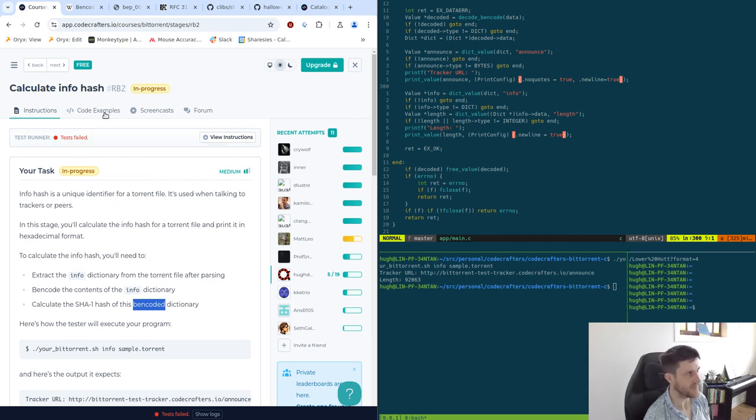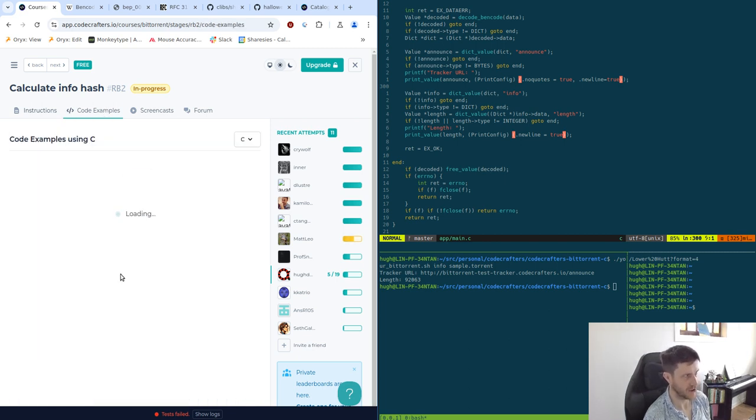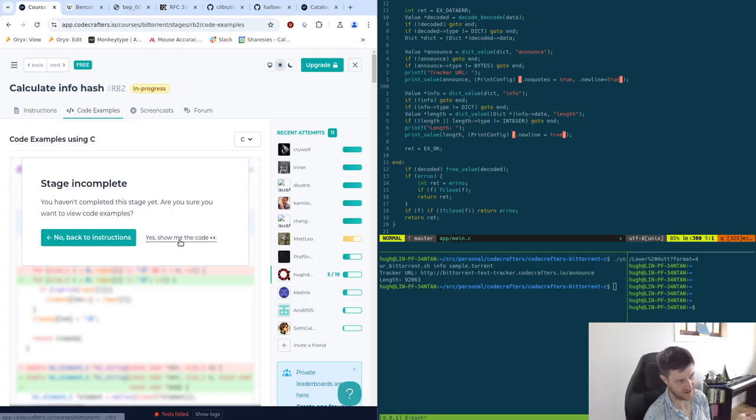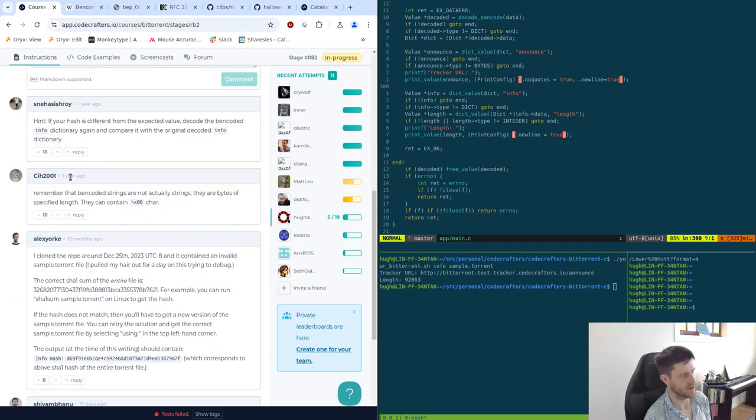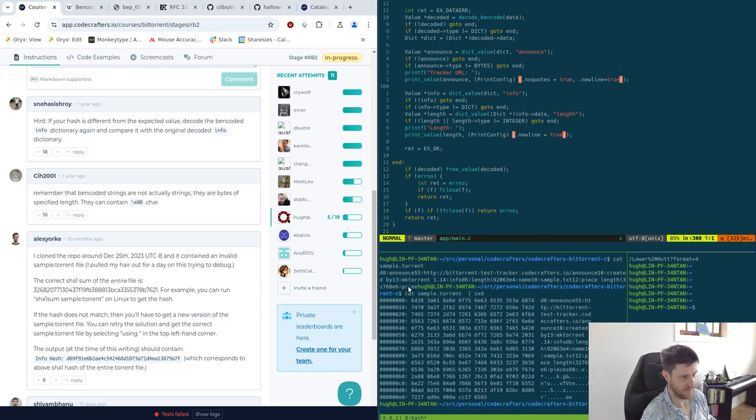So you can't actually look at code examples unless you have finished, unless you really want to, but I won't do that. Down here there's a bunch of comments talking about encoding of the byte strings, because if we look at the sample.torrent just as is, that's kind of what it is. And we see here that there are some unusual characters, and there's a bunch of non-printable characters, and there might even be